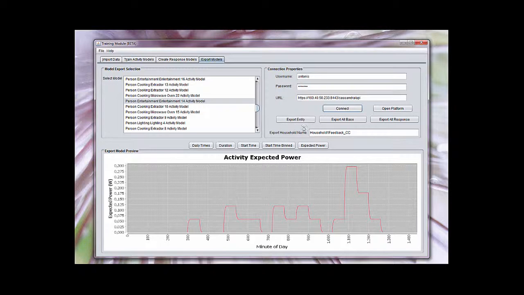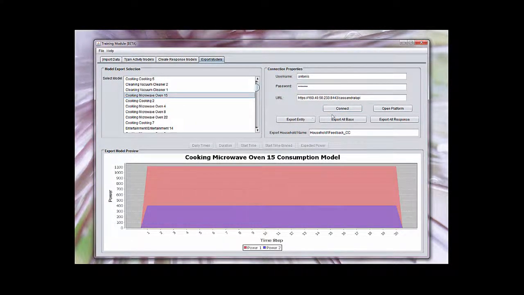And now we have 3 choices. The first is to export an entity that we can choose from this list, just one entity at a time. We can export all the installation with the activity models and the appliance models we have created, and thus go for that button also, but we change the activity models with the response models we have created. Let's see the first one. Let's choose this one. We press the export entity,